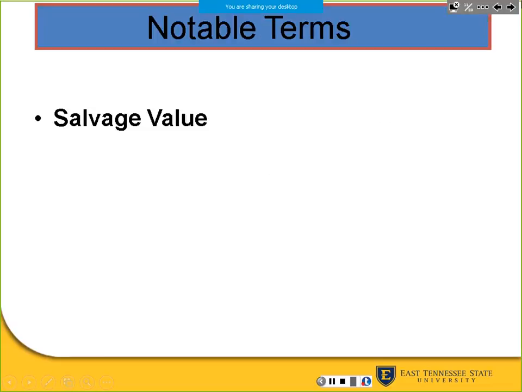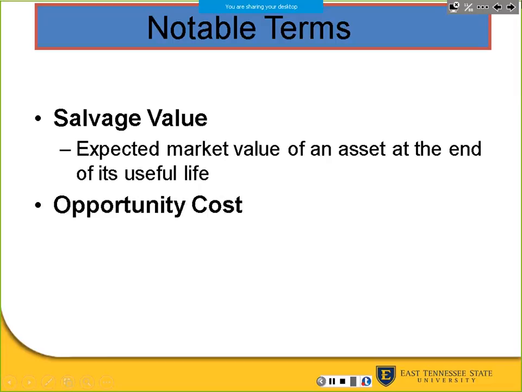So a couple notable terms. We haven't particularly covered these yet, and I still haven't found a crafty way to work them into the lecture besides just giving them to you and noting what they are. So you're going to have a couple different notable terms. One being salvage value. Salvage value deals with assets, particularly at the end of their life, or useful